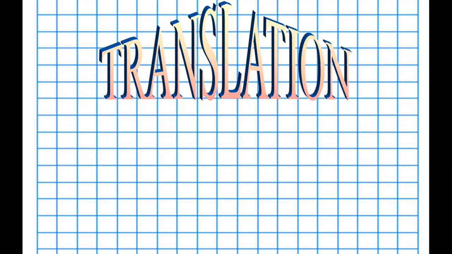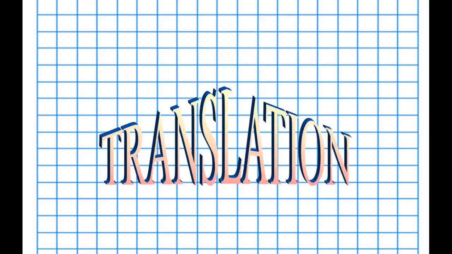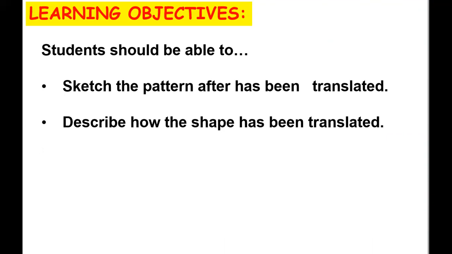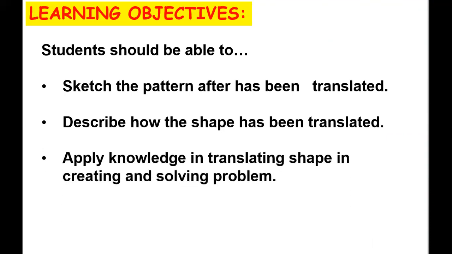Okay, our next lesson is all about translation of shapes. The last lesson you learned was all about reflection of shapes, and this time it is about translation of shapes. So let's talk about our learning objectives. The first objective is to sketch the pattern after it has been translated and describe how the shape has been translated. And of course, you need to apply your knowledge